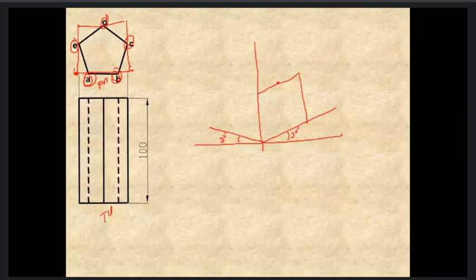So similarly here, what I am going to do, I am going to draw another plane over here, another square over here. Here also I will locate the points. You know how to locate the points. That is easy for you. Now what we have to do, we have to join the points. These 2 points will be joined together. These 2 points will be joined together. These 2 points will be joined together. Now if I want to join these 2 points, they may not be visible because they are on the back side of this plane, so that's why it will not be joined. So this will be our figure.